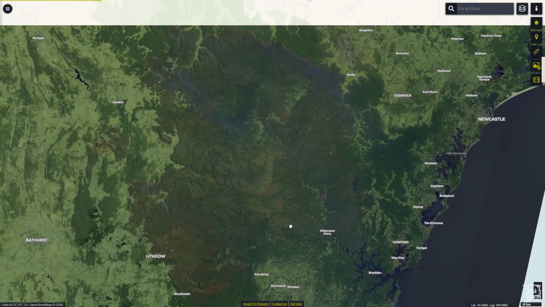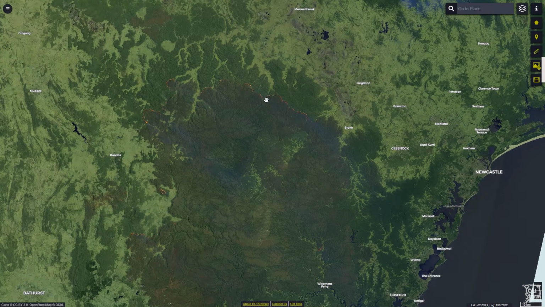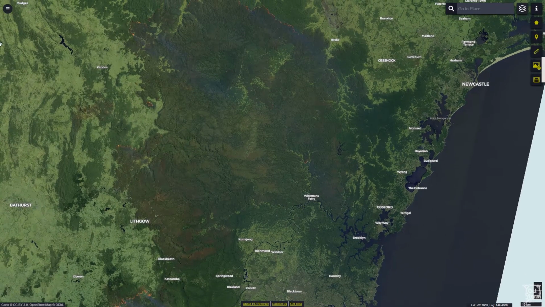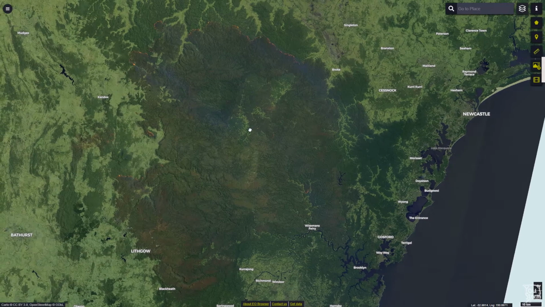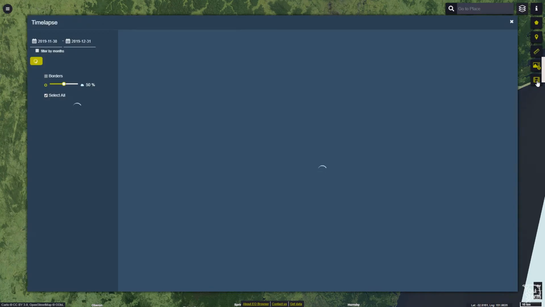Now it doesn't look like that much down here, but actually look up to the north and you'll see this huge fire line, and all of this in here was burnt up to 31st of December, which is what we're looking at here, right? Okay, so I'm going to put the screen focused on this fire. Basically, this is the outline of the burnt area, and we're sticking in the urban view to see the fire signatures. And now we can go to the time-lapse function, and you just click on the button